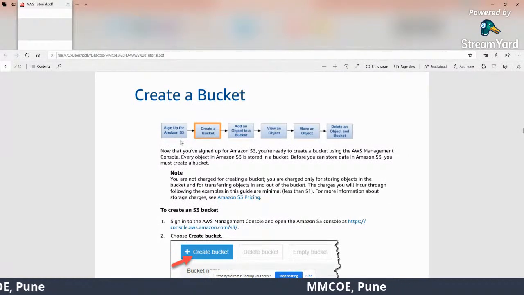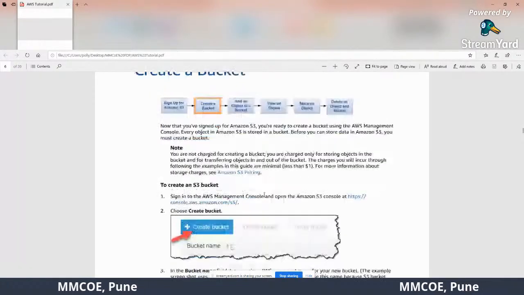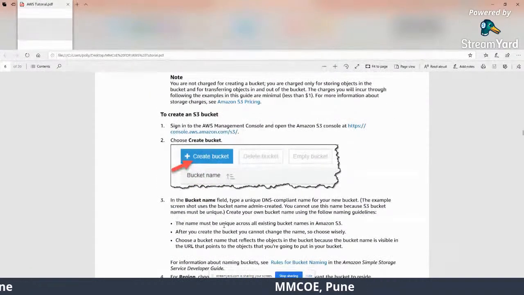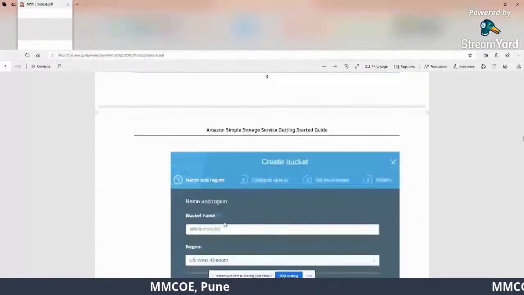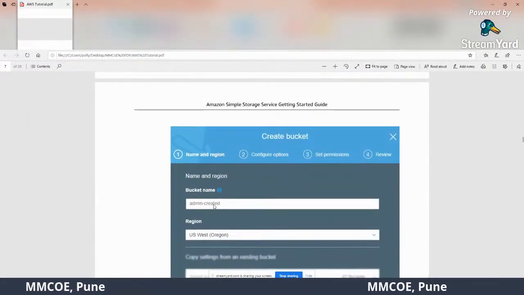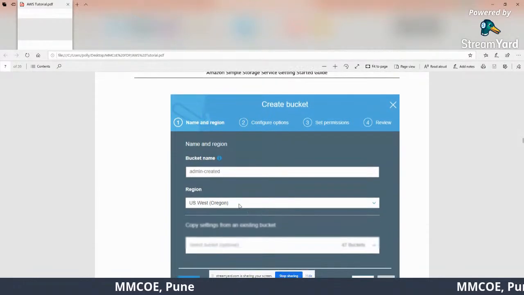You can first sign up, then you create a bucket. When you create a bucket, you have this screen to name the bucket, and you can name that bucket.